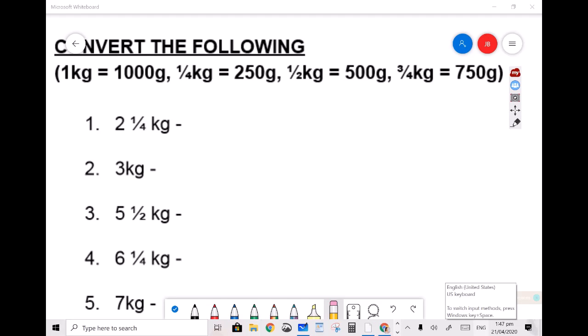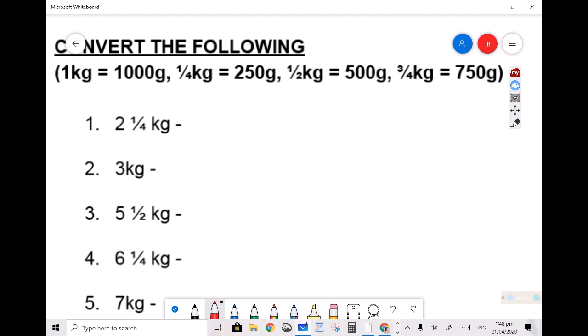We are going to take a look at conversion of weights, distance, and capacity. Our first conversion deals with weights, and the basic conversion would be from kilograms to grams. Now we need to know our conversions and the incorporation of fractions and decimals to complete worded type questions for SEA examination. So basically our first and basic conversion that you need to know